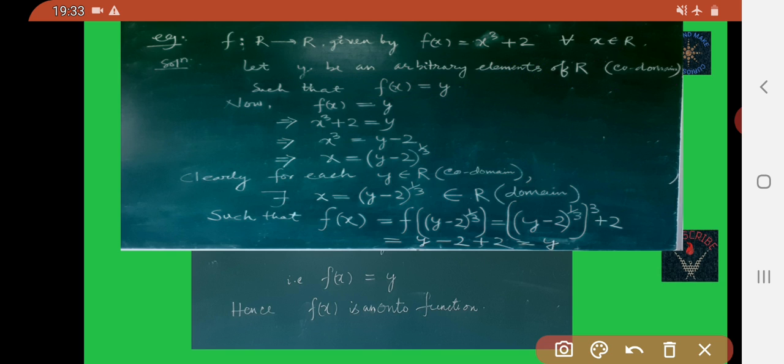Now you solve this equation. Second step is solving this equation.